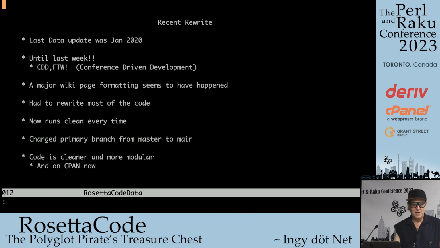But thank God for this conference, because I decided to give a talk on it. And then I found out the wiki pages had all changed, I think sometime in 2022. They're a lot cleaner and easier to parse now. I can do full runs without any coding errors, but I did have to spend a whole day rewriting the system. Anyway, that's up on CPAN now. Cleaner code. So it's a good thing, and now I can just run it. I could cron it every day and upload it if I wanted to.